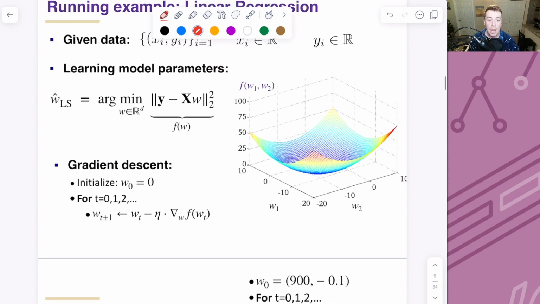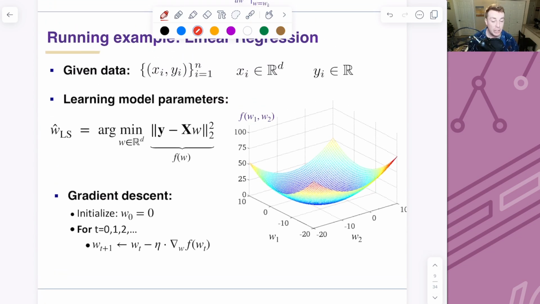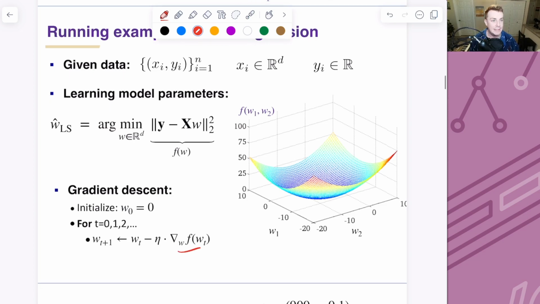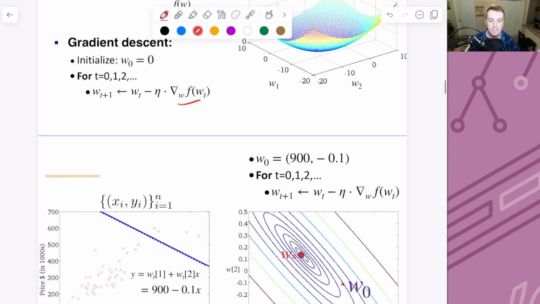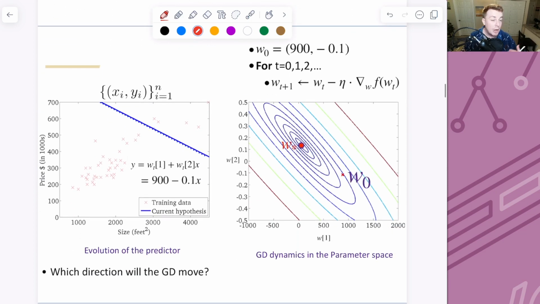Okay. That was all in one dimension, but in many dimensions, we call this gradient descent, and the formula is exactly the same, except we compute the gradient at each point W, and then step in the opposite direction of the gradient, because the gradient is a vector that tells us the direction of greatest ascent, and again, we want to descend in this case. We also showed a kind of